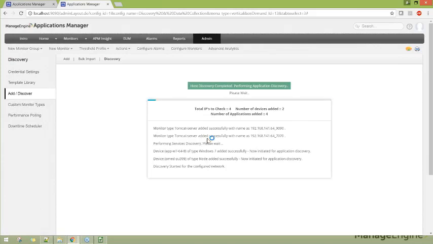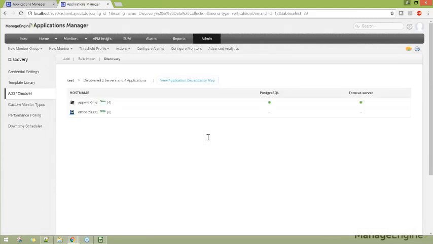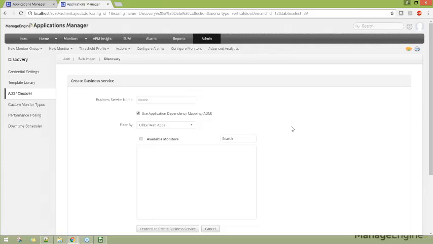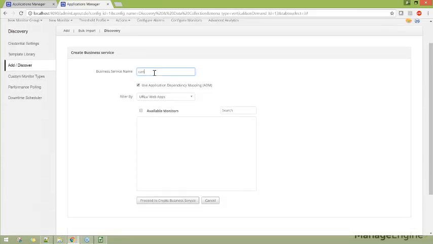We can wait for a few more seconds. Great. So here, as you can see, this particular machine has two applications that are running. One is the database and the other one is Tomcat. We can click on View Application Dependency Map and provide a name,